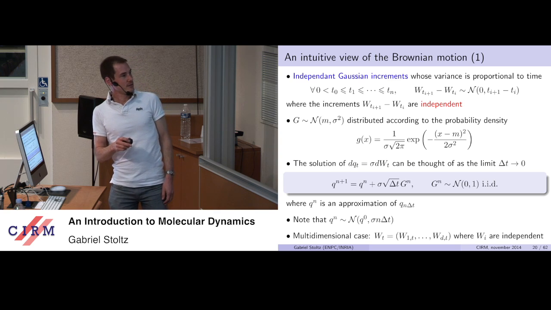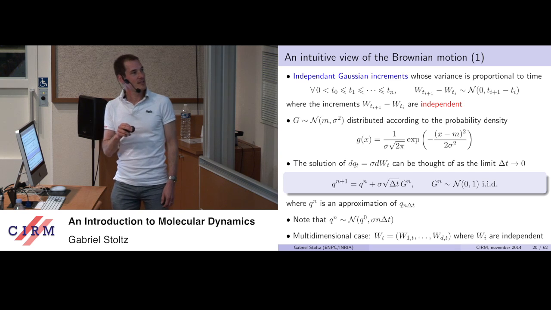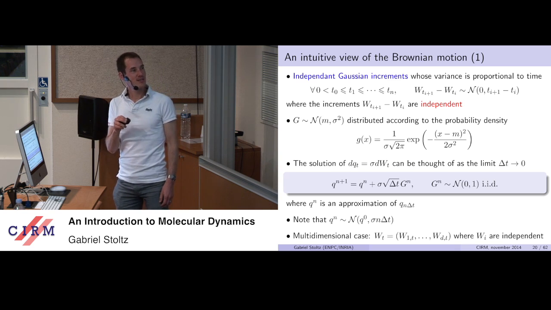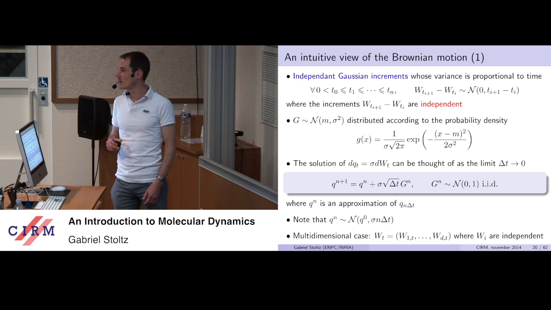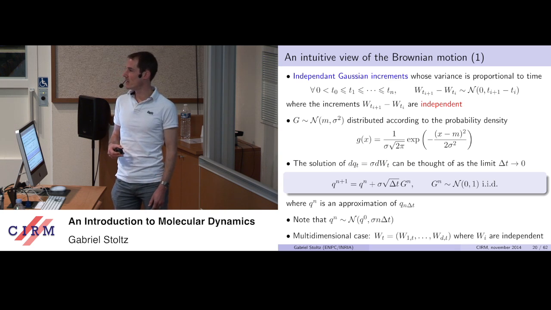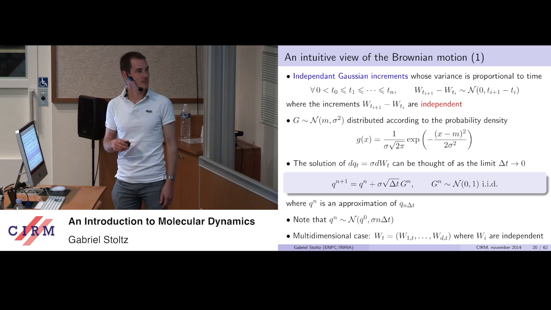So the way you can make that precise is to know that when you have a dynamics like that, it's a simple computation to show that since this is a sum of random, independent Gaussian increments, Q_n is distributed according to a Gaussian distribution centered on the initial position and with a variance which is sigma squared n dt. So when n times delta t is fixed to some physical time t, you see that you've got a Gaussian with variance t, which means that indeed you've got a diffusive behavior because the standard deviation is of the order of square root of t over time intervals t.